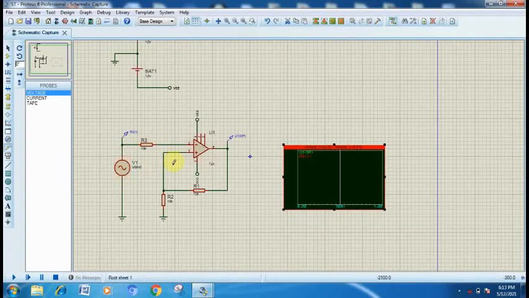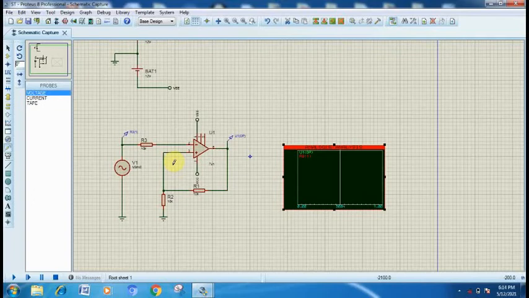Now if we calculate the UTP and LTP points, then it will be 10 kilo ohm upon 10k plus 10k, that is 20k, so it will be 0.5 into our saturation voltage, which is plus minus 10 volt, so that our UTP and LTP point will be 5 volt.